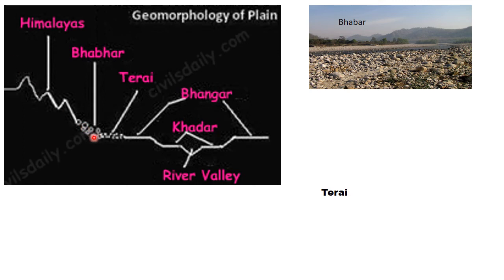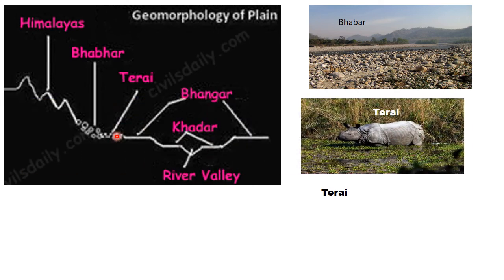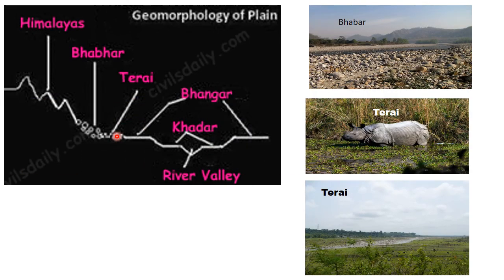Then after this Bhabar comes the Terai. Students, to the south of this belt, streams and rivers emerge and create a wet, swampy and marshy region. This region, especially after the Bhabar, is known as Terai, and it is very swampy, marshy. Marshy means कीचड़ type. Clear है? This is the picture of Terai. It looks like this. So after it descends from the Himalayas, this part is known as Bhabar, and this region is known as Terai.